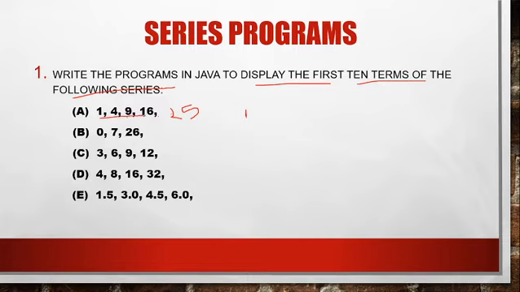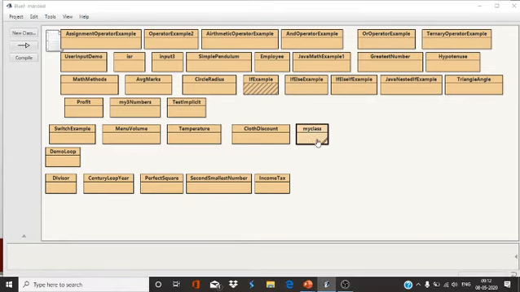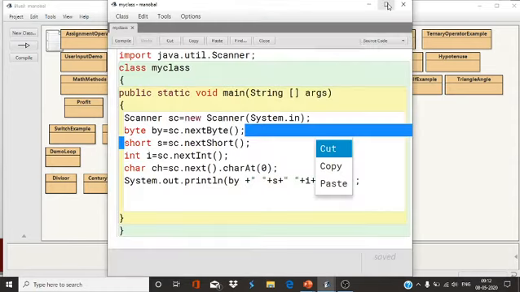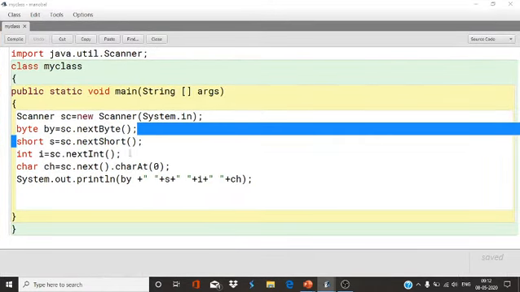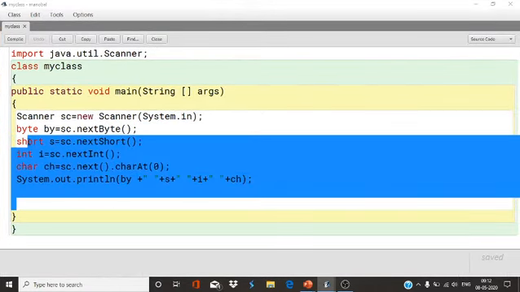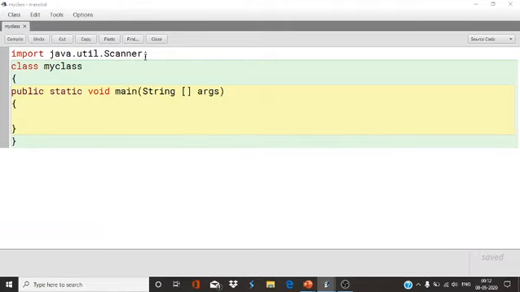Now first I want to show you the Java program based on the first series. Let's see. The number of terms is fixed, so no need to import any package.